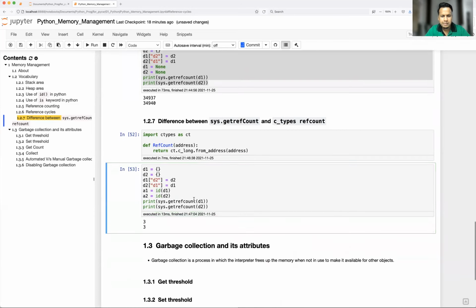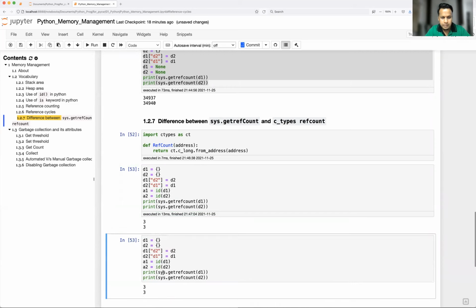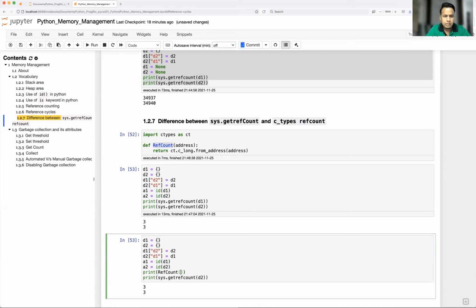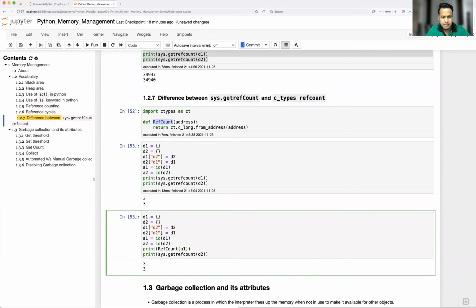Okay, so through get reference count, I have already shown you it is going to return 3. Now let's use this. Instead of sys, I'll use the same function, ref count, right? So ref count, what is the address? I want the address of d1, that is a1, right? And get this also.